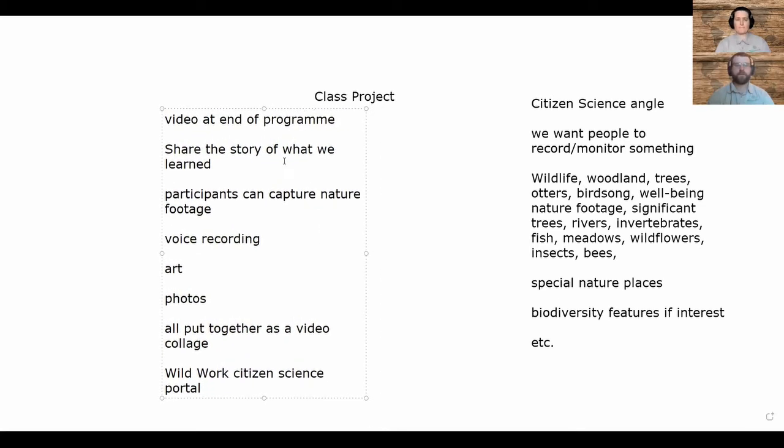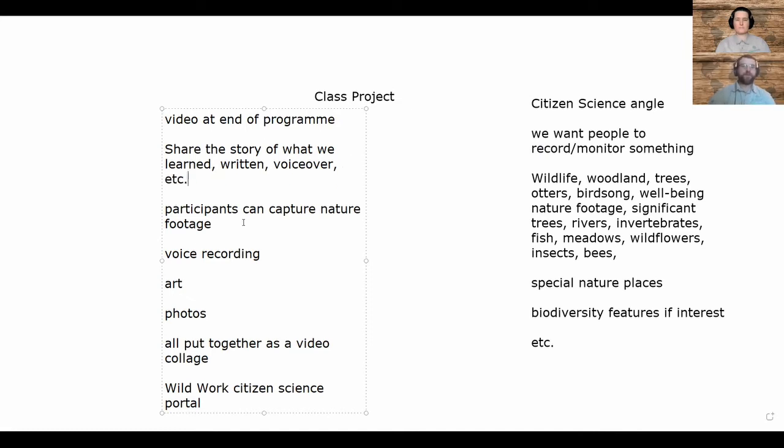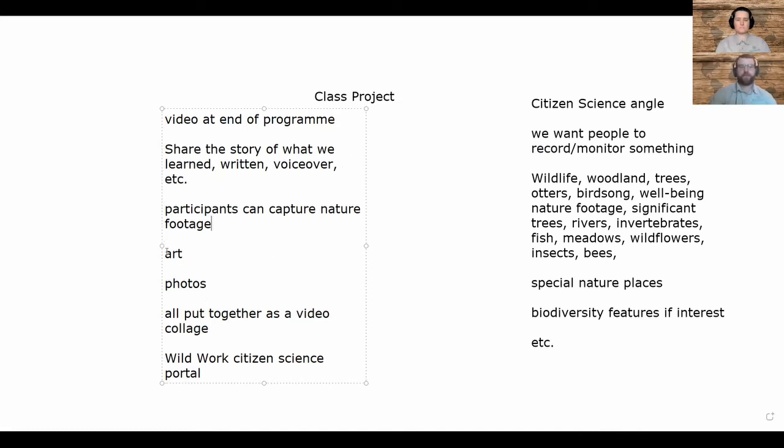Okay. So on the one hand, we have the ways in which people could input to the class project. They can share a story. They could of course write that. Any way they want. They can capture nature footage. They could do art, take photos, and we'll gather all that information together and put it into a video and